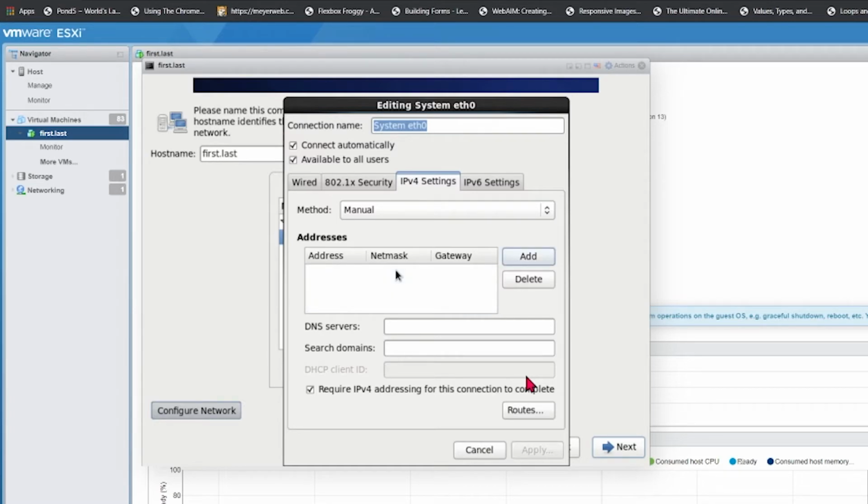I want to ensure that the add selection is highlighted, and I will use the tab key to do so. Once the add selection is highlighted, I'll hit the space bar to add in the information. The address is going to be the IP address that was issued to you upon enrolling into the program. So in this case, my IP address is going to be